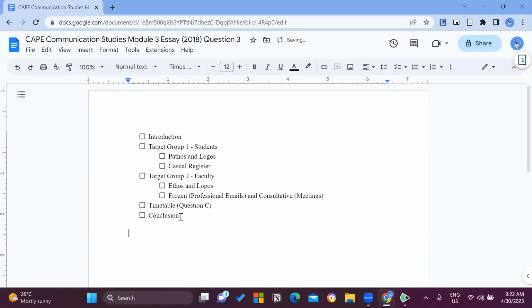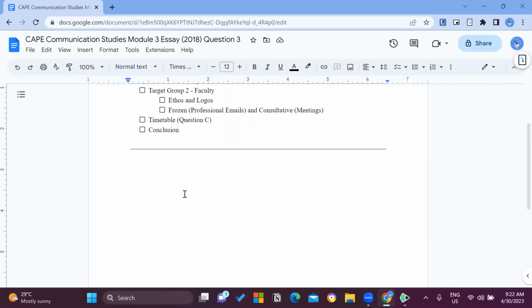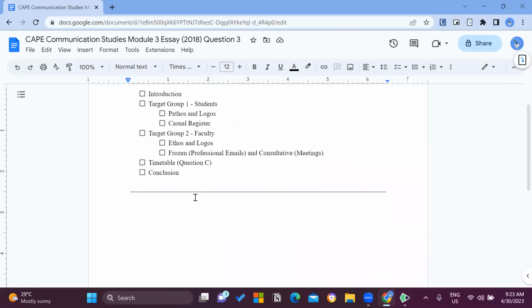So as I said, it really depends on you how you structure your essay, there's no hard and fast rule to it. Just ensure you have an introduction, body paragraphs, of course, and a conclusion. So just follow that general structure, whatever you want to talk about. If you wanted to talk about the appeals in one paragraph and then the registers in another paragraph, that would be perfectly fine as well. But I wanted to tie everything in one, dealing with a target group first and then the other target group. It just feels right for me for a proposal, but it depends on you. As I said, there's no hard and fast rule to it.